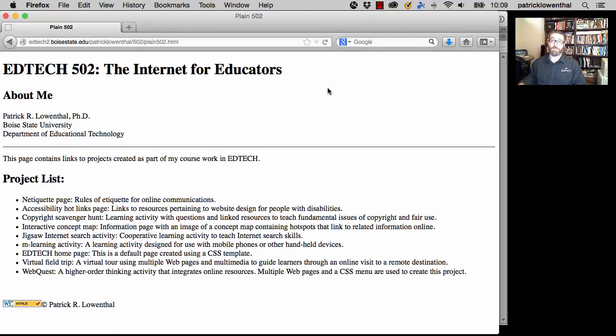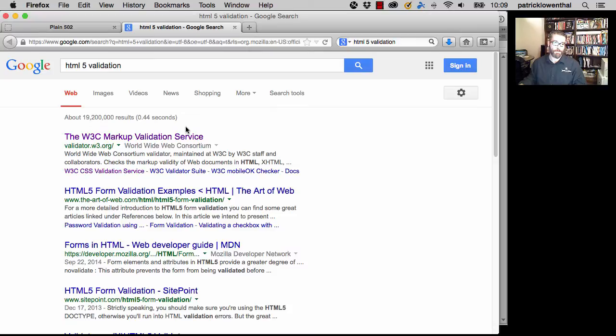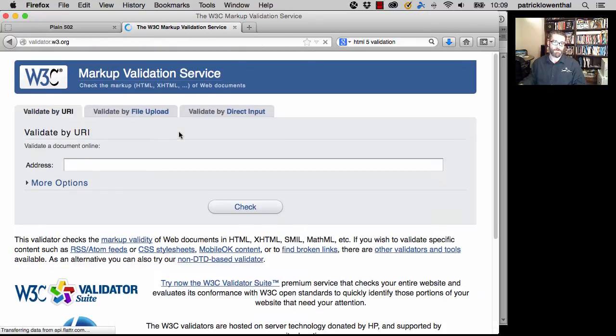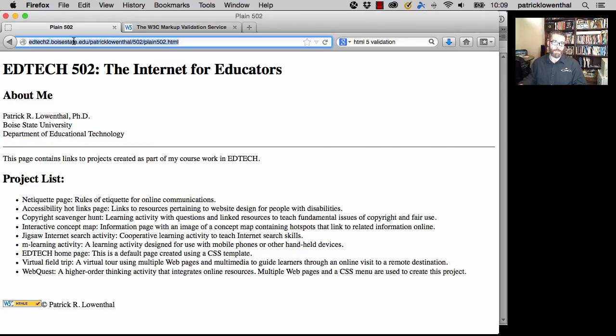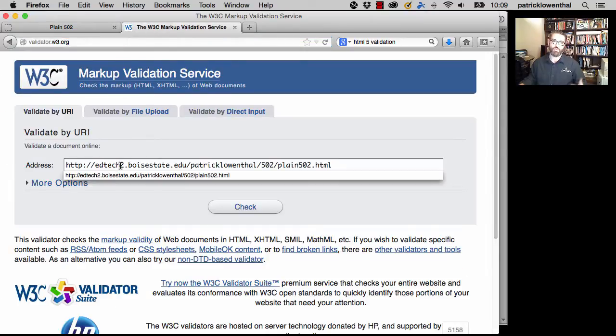So that looked great. So now what I'm going to do is I'm going to open a new tab and I'm going to Google HTML5 validation. I'm going to go to this first one and I'm going to copy my URL and I'm going to paste it in here. So I think it's important to recheck your code once you've uploaded it,